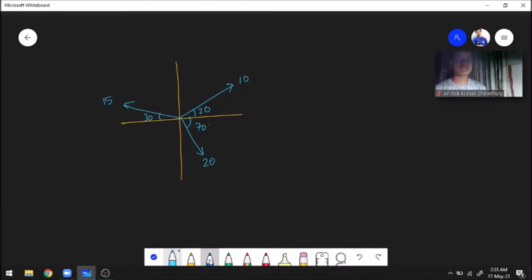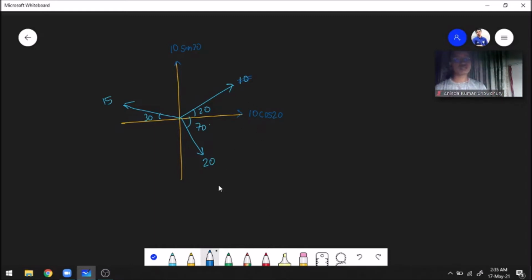What you have to do first is find the components of each of these forces. So let us first find the components of the 10 Newton force. This lies in this quadrant, so its components will be here and here. Here the component will be 10 cos 20. Why cos? Because this line contains the angle. Automatically this will be 10 sin 20. So you have broken 10 into its components, so you cut 10, just to remind yourself that you have found the components of 10.